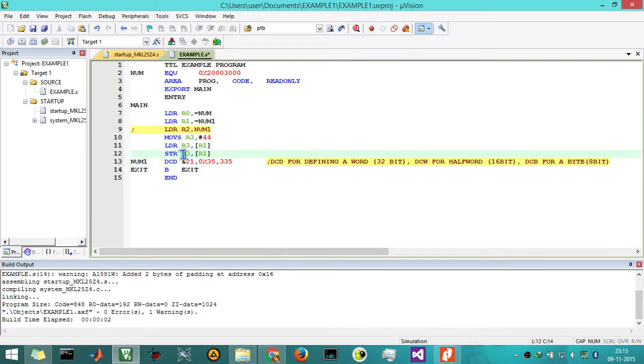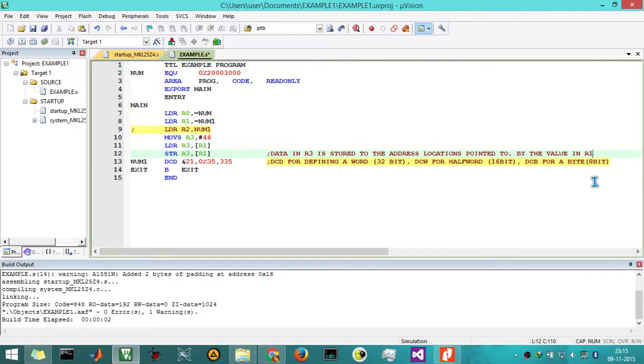So here STR R3, R1 will do this thing. The data present in R3 is loaded to the address location that is being pointed to by the value present in R1. So here I can write: data in R3 is stored to the address location pointed to by the value in R1.